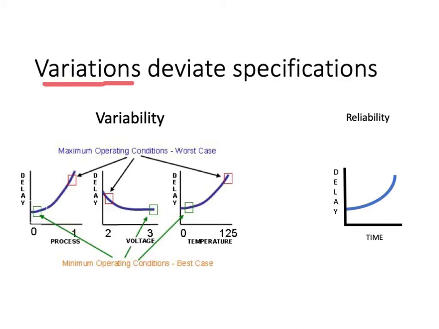So there are two concepts I'd like to highlight and distinguish. One is the concept of variability, and one is the concept of reliability. When we talk about variability, we are talking about performance differences between individual units. So if you fabricate one integrated circuit, and then another exact copy of the integrated circuit, the same design but fabricated on a different part of the die, these two dies themselves will have some variability, some differences in the delay and energy consumption, simply because of the manufacturing tolerances of the geometrical